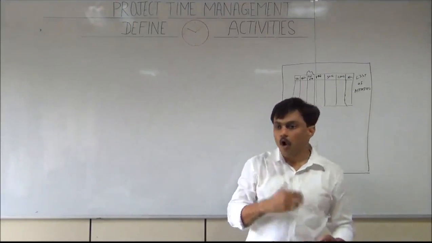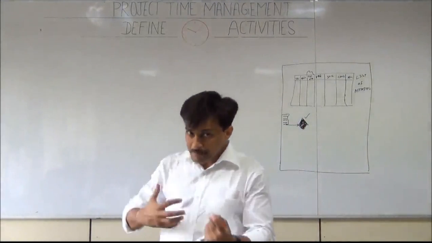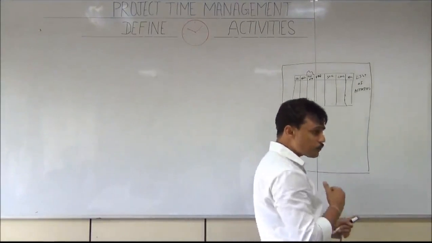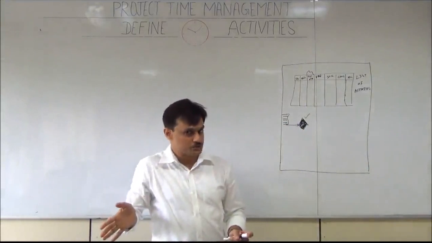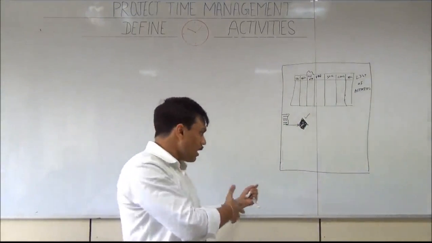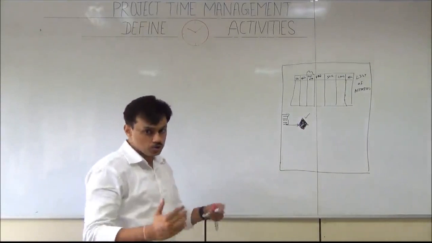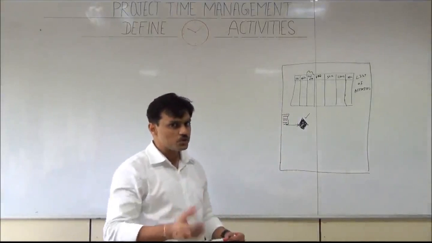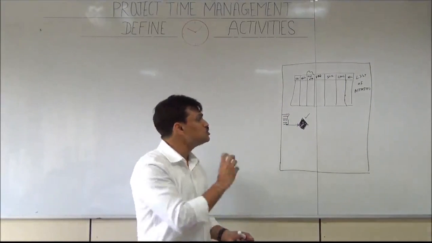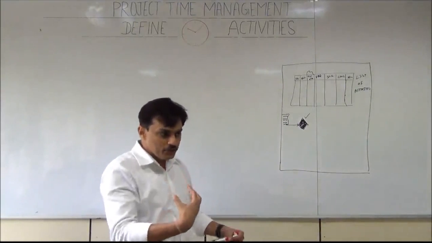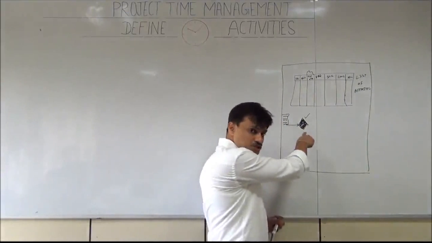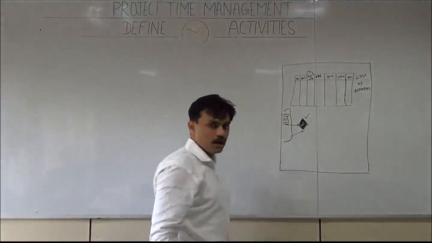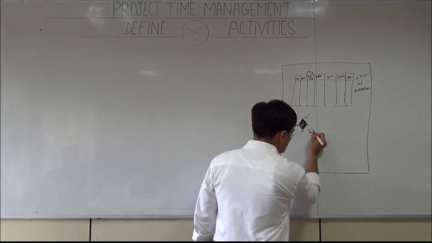Now there could be some optional milestones also. From our template, from our historical information, we might get some recommendation that in a project we should have these many milestones. Those milestones we may apply in our project or we may not. So those can become optional milestones. In general, a milestone in software tools is represented as a zero duration activity. So we don't do anything in that particular stage, but once we are done with n number of activities, then we say this milestone is complete. Example like sign off